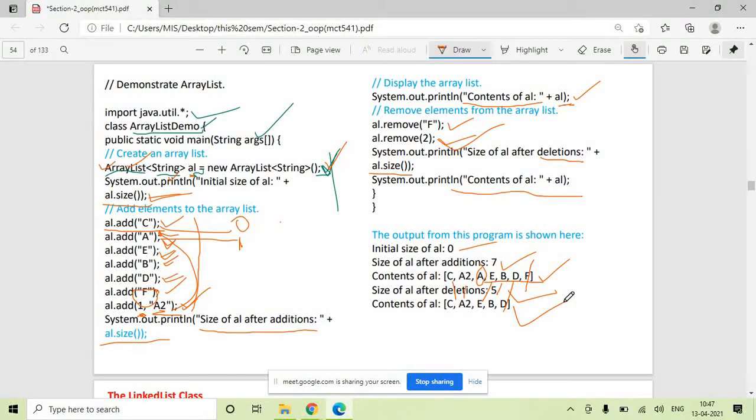Now this is how you can create an array list, and these are a few methods which we have seen as a demonstration here. We have seen a few methods like add and remove and how to print the content in the array list. Now suppose you want to get a full idea of how this array list class looks like and what all the methods are which are available. Like add is a method available in the array list, remove is a method available in the array list, and what all kinds of methods are available in the array list.